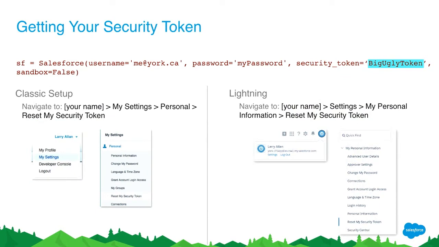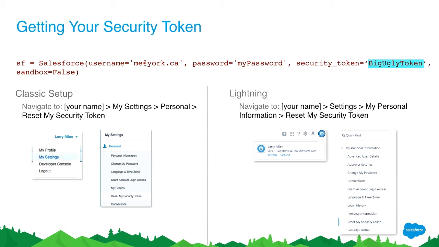Right, so Larry mentioned we need a security token in order to authenticate via the API. That is true, that we do need this security token. We've chosen to use this method of authentication for our proof of concept. But I just want to make a note that if this were in a live production environment, it would probably be more preferable to use a connected app and then use a proper full OAuth flow. We're not going to get too deep into that in this session, but there's plenty of documentation in the developer guide for that online. But if you just want to get something quick and dirty off the ground, proof of concept wise, we need a token.